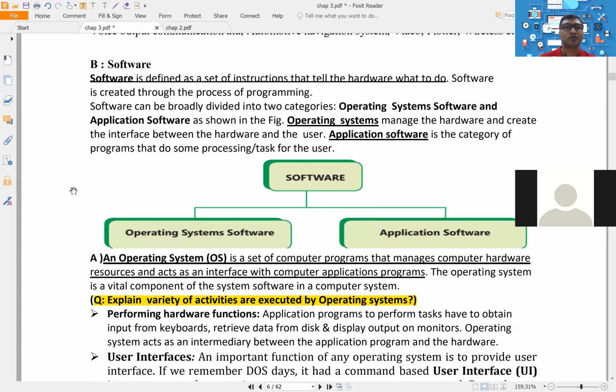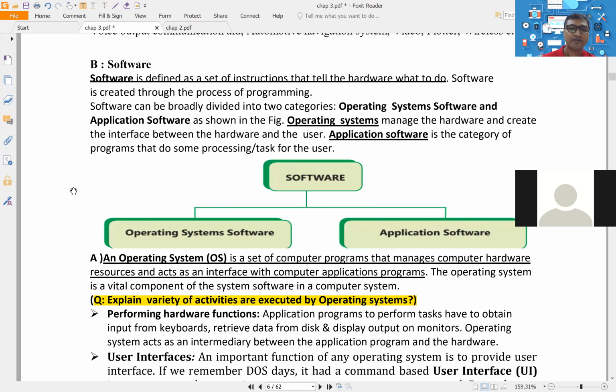Now, basically, software has two parts. One is the operating system, another is application software. Operating system is your main software, which will make all your hardware components work with each other. And the operating system gives us an interface. Interface is the medium through which the user can interact with the hardware components. Not only that, application software like Word, Excel, PowerPoint also interacts with the hardware through the operating system. So if you don't have an operating system, you cannot work on your cell phone or your computer or your iPad, anything else. Understood? So the operating system is the basic requirement.